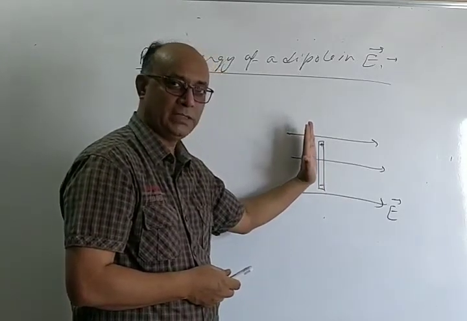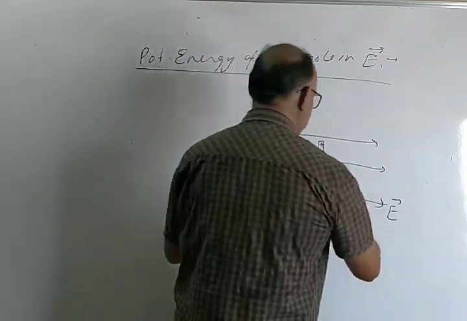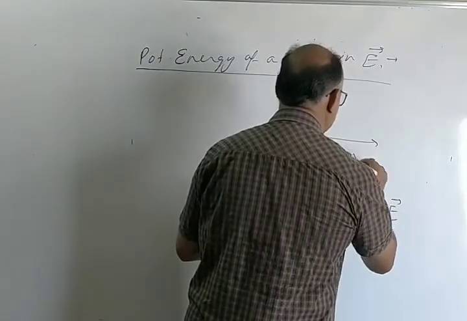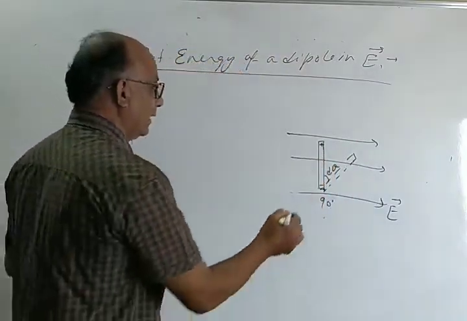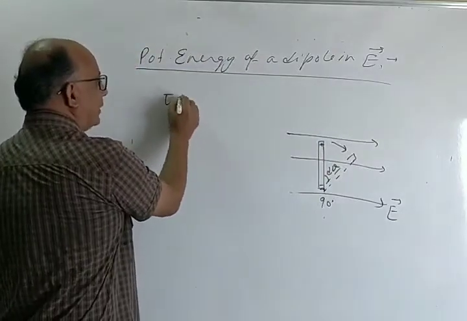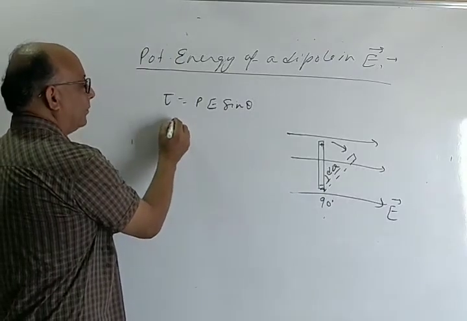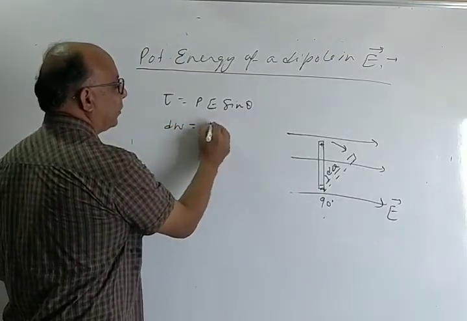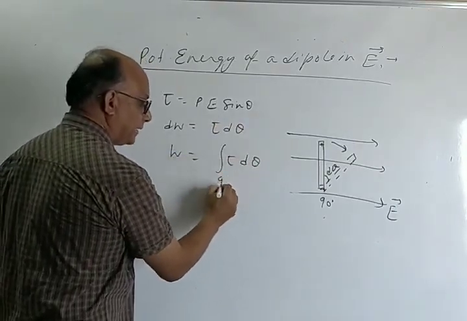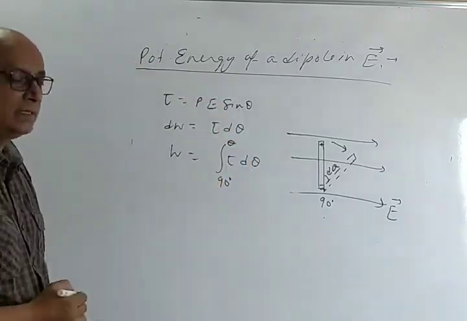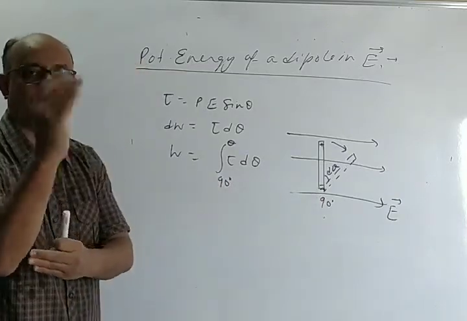अब इनिशियल पोटेंशियल एनर्जी 0 है, अब इसको रोटेट करने पे जो वर्क डन होगा वही इसकी पोटेंशियल एनर्जी हो जाएगी. So let us say this is turned through a small angle d theta. Initially it was placed at an angle 90 degree. It is turned through angle d theta. The torque is pE sin theta once again. Okay, and the small work done will be torque into d theta, and total work done will be integral of torque into d theta. But this time the limit starts from 90 degree to a particular angle theta. 90 डिग्री में जब रखा तो इसकी पोटेंशियल एनर्जी 0 हो गई. अब जितने भी एंगल तक टर्न करेंगे वो उसकी पोटेंशियल एनर्जी हो जाएगी.